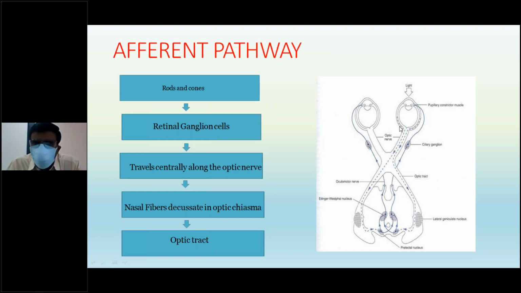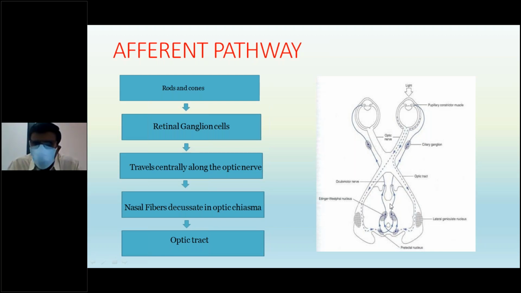The layer of rods and cones. From there, it reaches the axons of the ganglion cells. Axons of the ganglion cells form the optic nerve. From the optic nerve, they reach the optic chiasma, optic tract, lateral geniculate body, and pretectal nucleus. The pretectal nucleus is connected with the Edinger-Westphal nucleus of both sides, which is a part of the third nerve